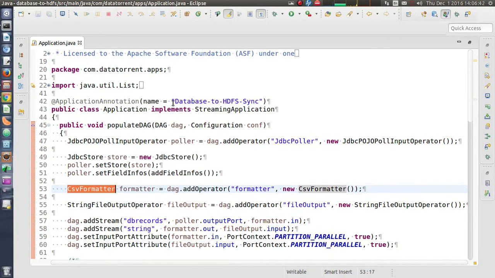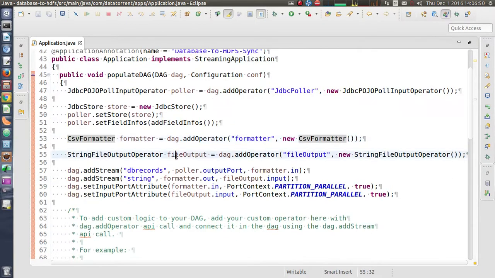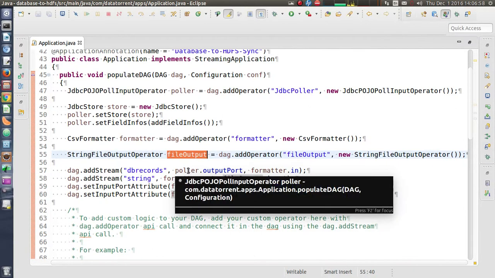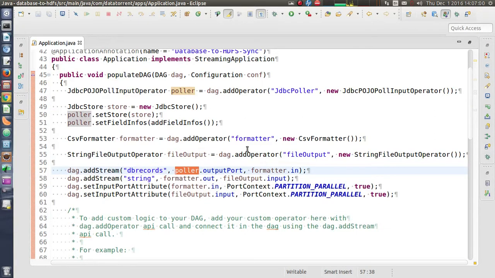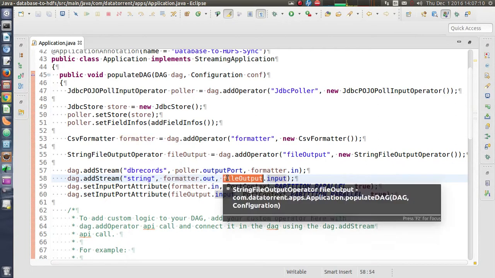For example, in this case we have specified the tab character as the field separator, and then we have the file output operator. Then we are connecting JDBC input to the formatter, and the output port of the formatter is connected to the input port of file output.